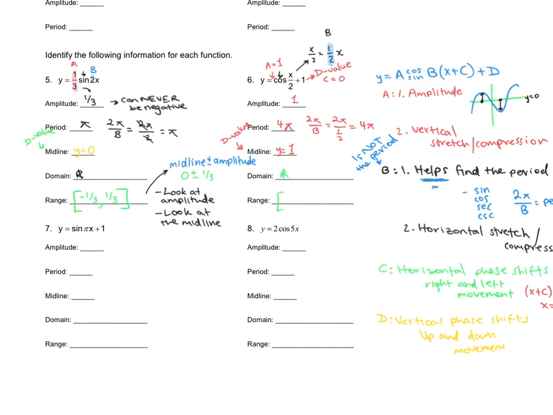Now let's plug in our values again. Remember, midline plus or minus amplitude. So we have our midline at 1. So the midline is 1 plus or minus, and then our amplitude is also 1. So you want to start with the negative. So 1 minus 1 is equal to 0, and then 1 plus 1 is equal to 2. And that's our final